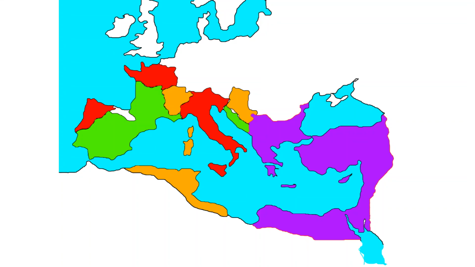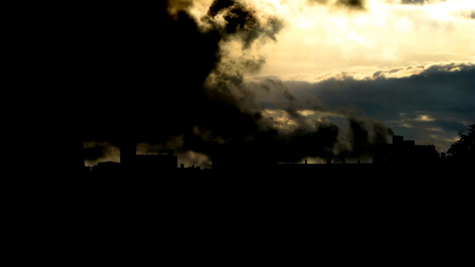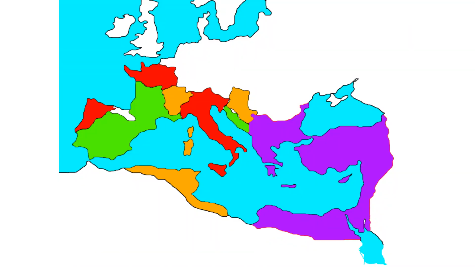When the Western Roman Empire fell, there were about 8 different regions, sections, or kingdoms, however you want to talk about them. And this video is going to be about those regions, about those kingdoms, and about the relationship between them. Because knowing all of this is important to understand why the Western Roman Empire fell.